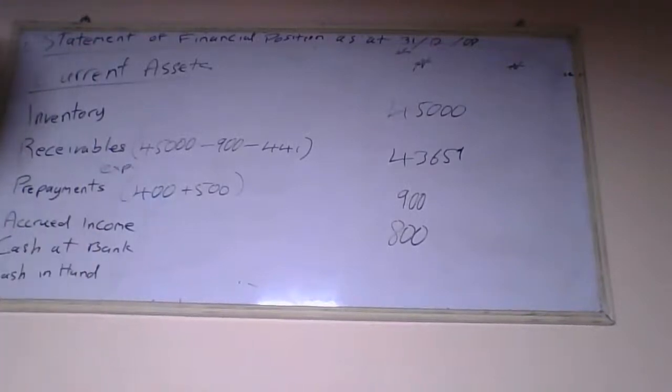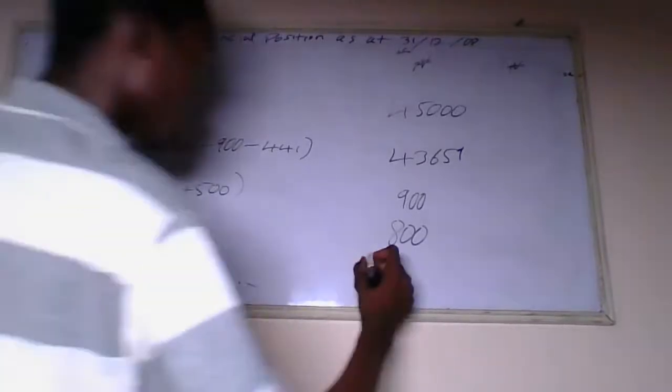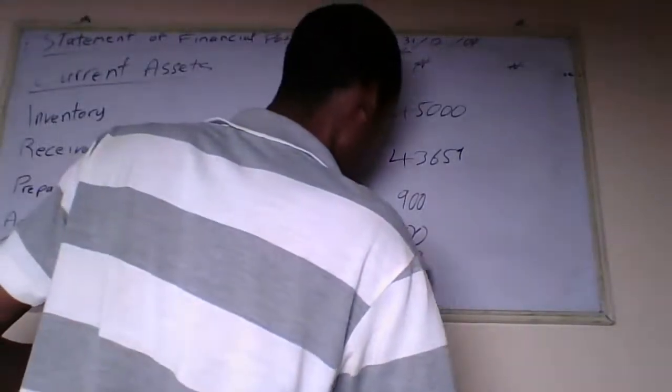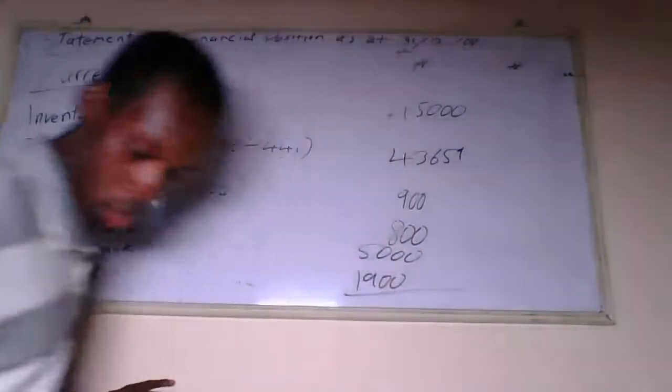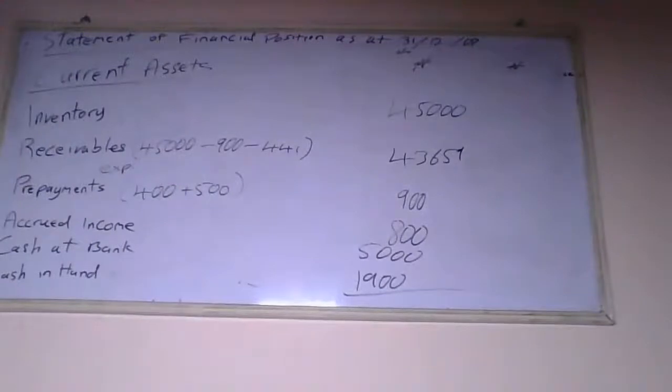Since there's no information given to us on these two, we're just going to take the figure given to us from the question, that is 5,000. So that's it with all our current assets. You add the figures together, which will give us